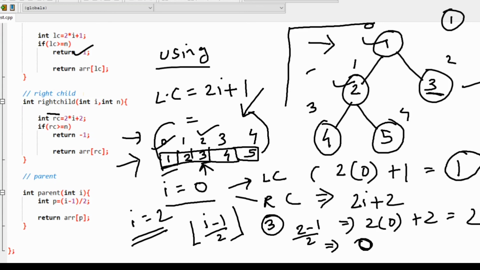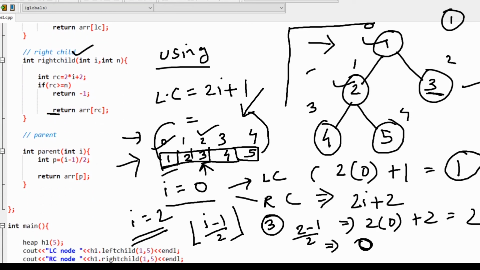Okay, so we can represent it in the form of a class and objects. I have created a class Heap, and inside this I have created member functions which are going to fetch the node value, like which one is the left child node and which one is the right child node.